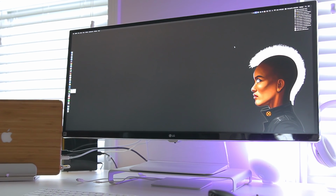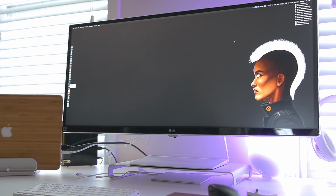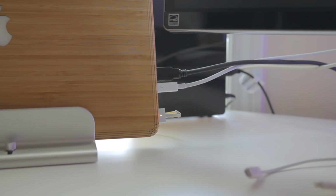And I did pause on this purchase as well because of the price of the monitor. But like the camera lens, I'm happy that I took that plunge because it has made my workflow much more efficient and has provided me a very pleasing image to look at when it comes to just casual use of my computer, but more so when it comes to video editing, because it properly matches the resolution on my MacBook and then some. Now, when I'm sitting at home, I link this to the monitor via a Thunderbolt cable, and